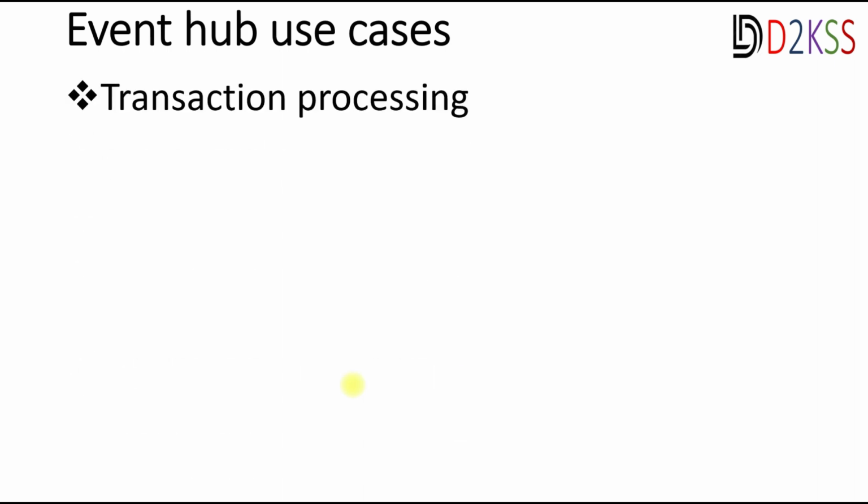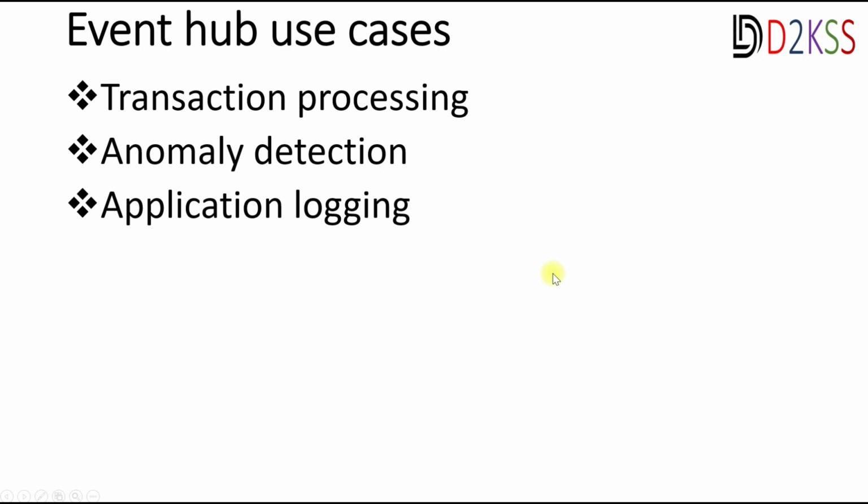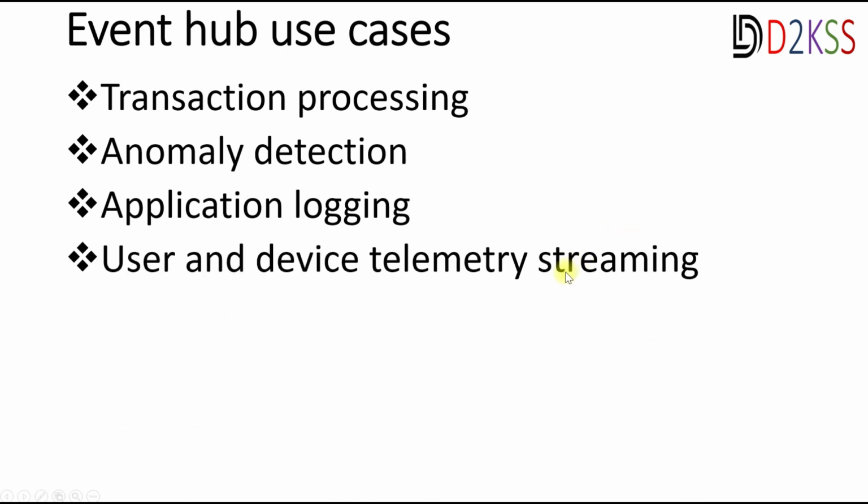Normally, some of the banks will use Event Hubs to process the credit card transactions. And also, Event Hubs will be used to find the anomaly detections and application loggings. So to streamline the application loggings and to give that data to the monitoring devices to identify any abnormalities in the application functionality, or if any services are not available, we can monitor, and user and device telemetry